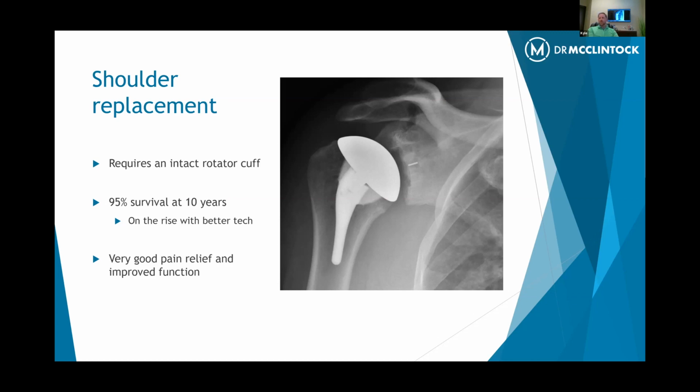It's not something that we inject every month or every couple of months for years on end, because there are some significant long-term risks that you open up yourself to if you do so. So when the conservative measures haven't worked well and the disease is progressing, that's when we start to discuss our